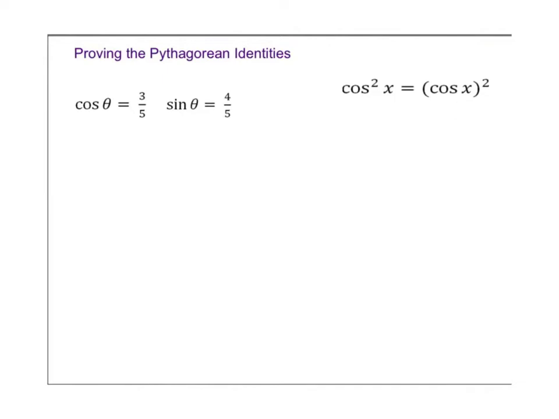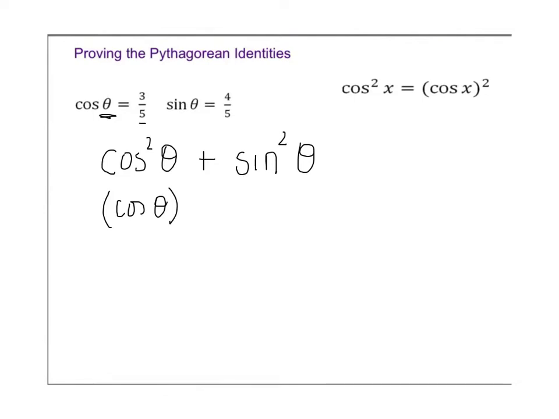Okay, so for instance, what we're going to do here is we are going to square cosine, and then we're going to add it to the square of sine and see what we get. All right, so we don't really know what theta is, but we know what its ratio is. So I'm going to rewrite this as the cosine of theta quantity squared plus the quantity of sine